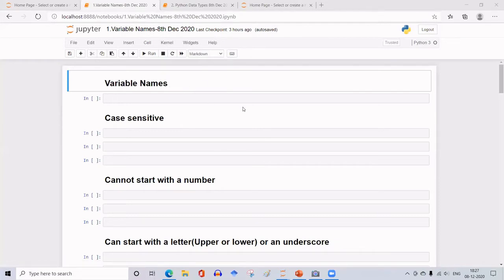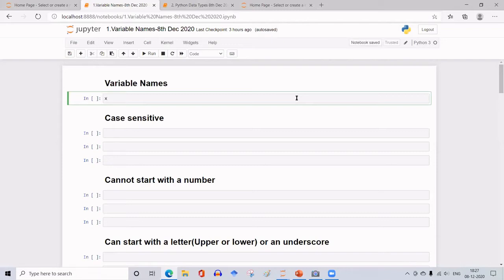So variable names. I have created a blank notebook with the different topics that I'm going to cover. I'll explain directly in this notebook. This is named variable names, and I have put today's date. Let me tell you what a variable name is. All data are stored in memory in the computer, and the location of the data is identified by means of a name, and that is called a variable name. In Python, a variable name can be written by just using a single letter like this, X. If you simply write X, it is not a valid variable name until you assign some data to it.